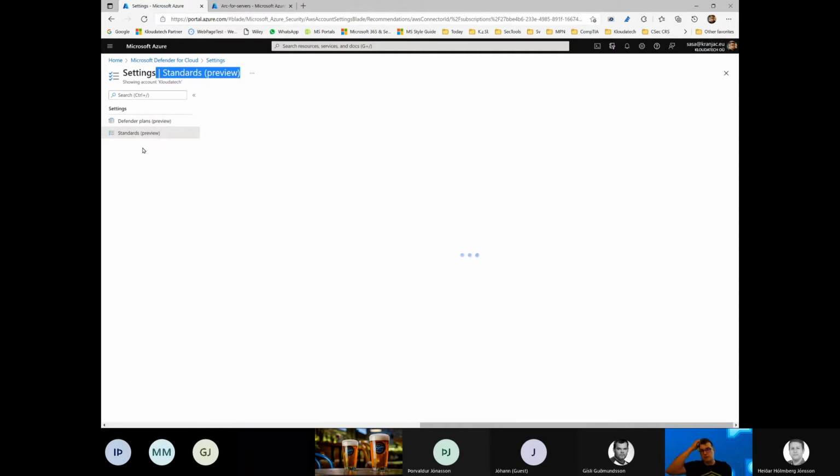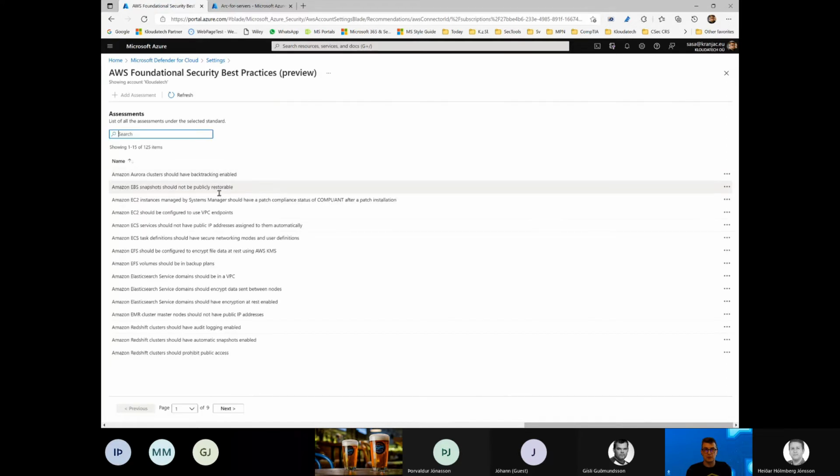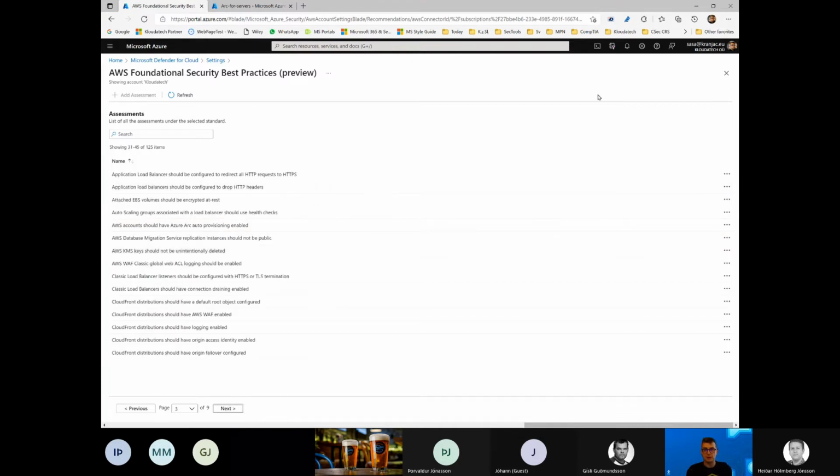And then you can also see the standards that are supported here for AWS, but also these standards are supported in the regulatory compliance window as well, where you can just click on it and then see the assignment. So you can see assignments, for example where it is assigned on an account, or if it's not assigned, and so on. Then we can see the settings and the list of the assessments. So far we have 9 pages of assessment types, so pretty comprehensive. And we can of course see that this will be populated as